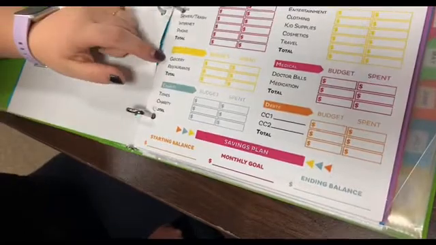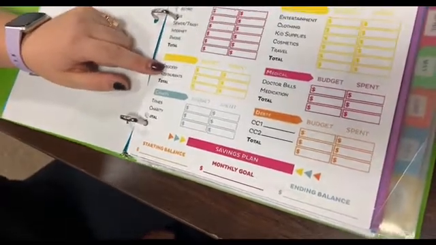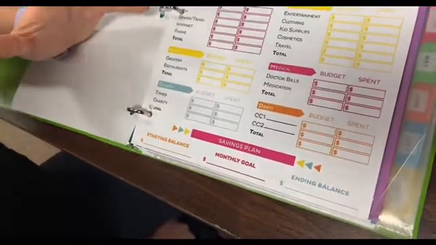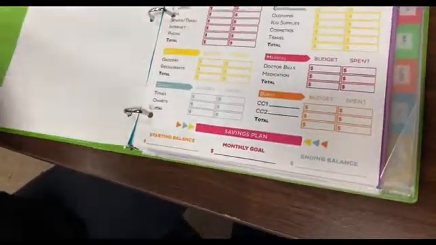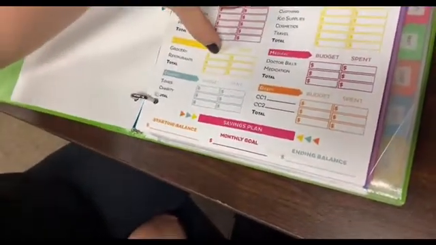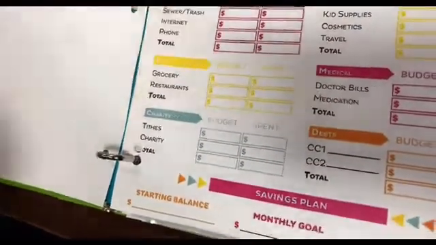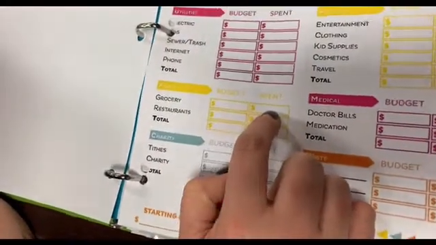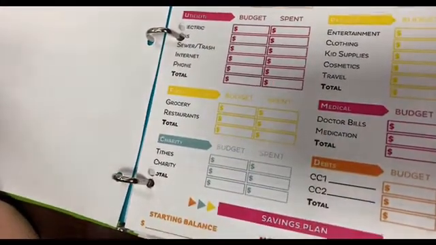For groceries for the whole month, you're probably going to spend somewhere between $500 to $700, say. So let's go in the middle and put $600 in the budget section. Then say you end up spending $700. So then you're going to put $700 there. And then